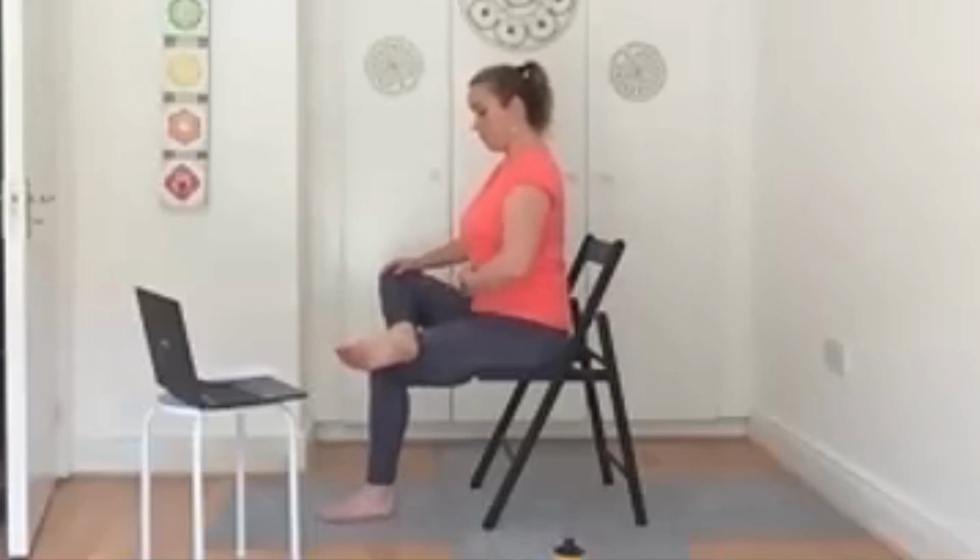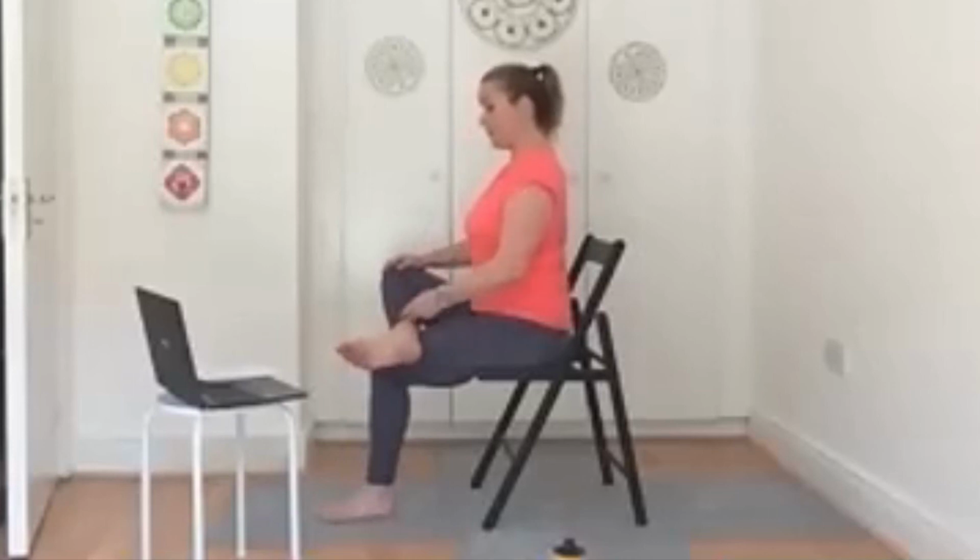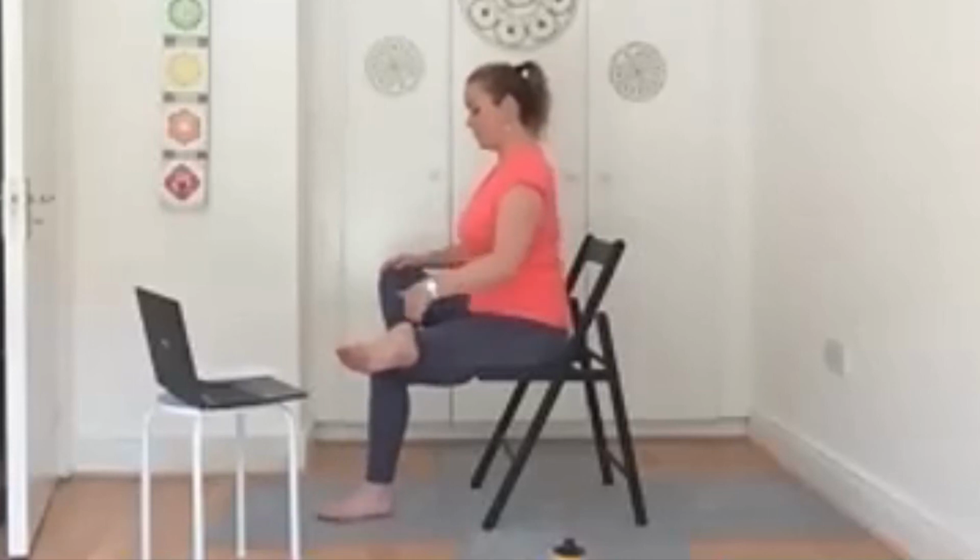That's where you could also bring in your deep belly breath. You're getting a nice stretch. And you're really filling up your belly, your lower back with some fresh air here. Super. And then if you want to go to the next step, if you want more into that stretch, then